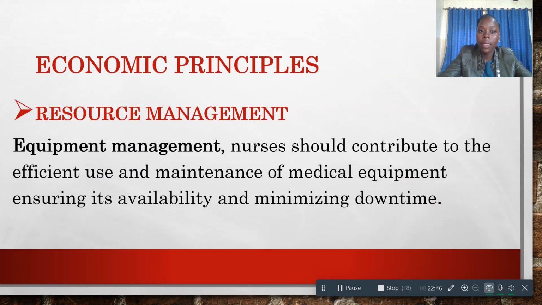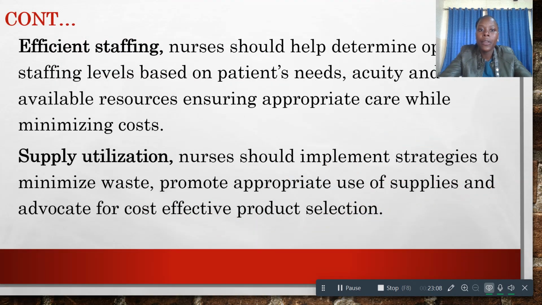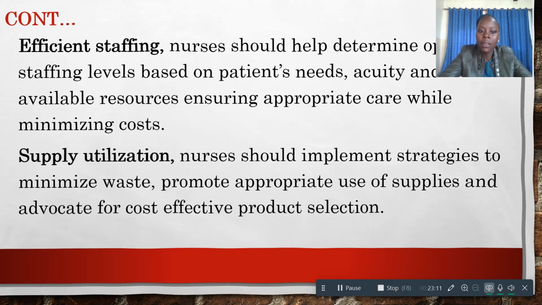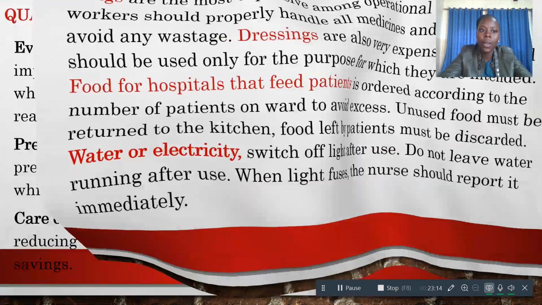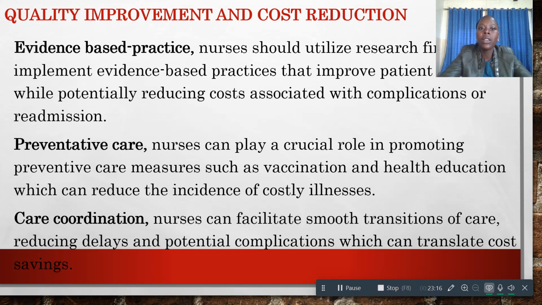So remember, we are looking at the economic principles that we are going to put into practice as nurses. And one of the economic principles is resource management. And under resource management, we have looked at equipment management, efficient staffing, supply utilization. Okay? So our next principle is quality improvement and cost reduction. So what are we going to look at under here? One,